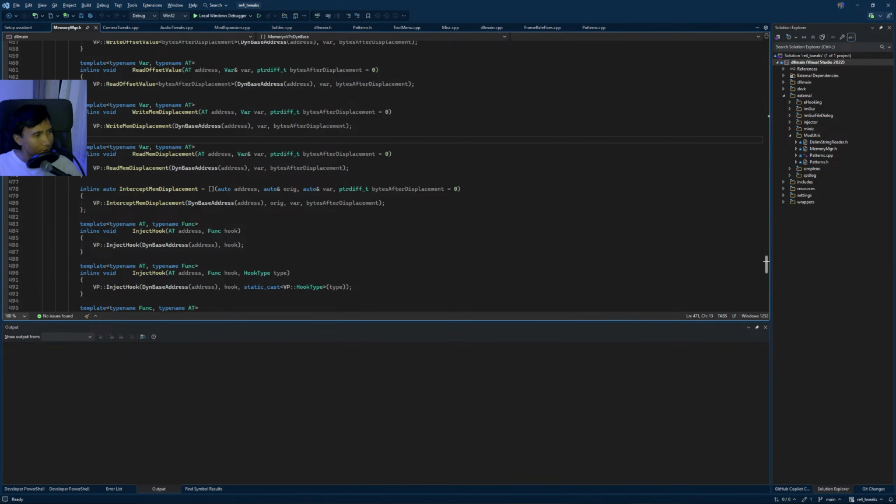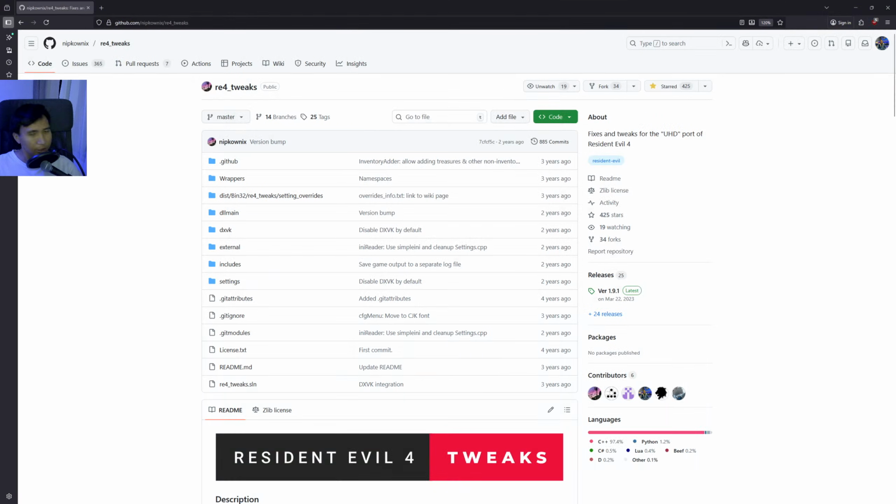Well, maybe I shouldn't show you this. I should show you this. Not sure if you can see this. Okay, here we go. Yes, so this mod, RE4 tweaks. It's as what this says. It's fixes and tweaks for the UHD, that being Ultimate HD port of Resident Evil 4. That's the one. That's the OG RE4,